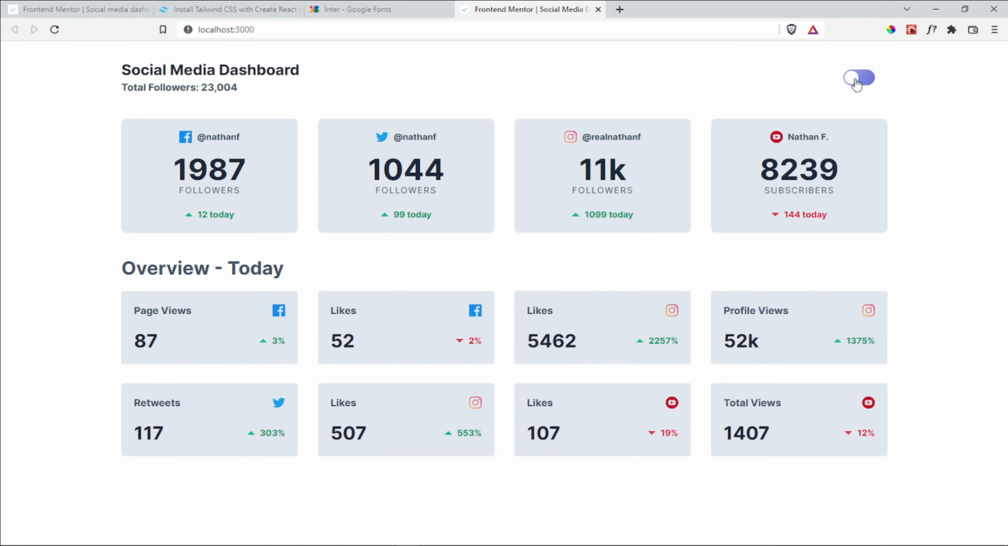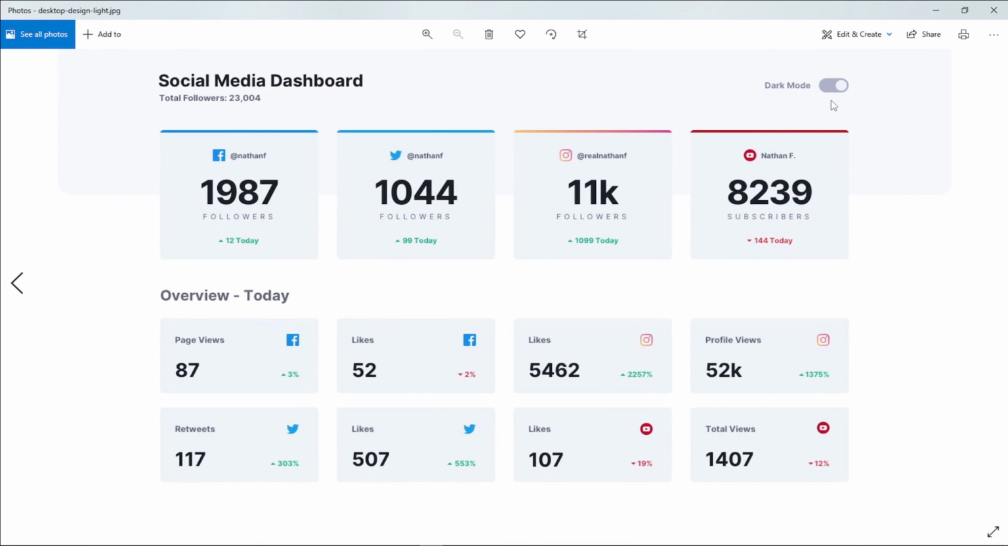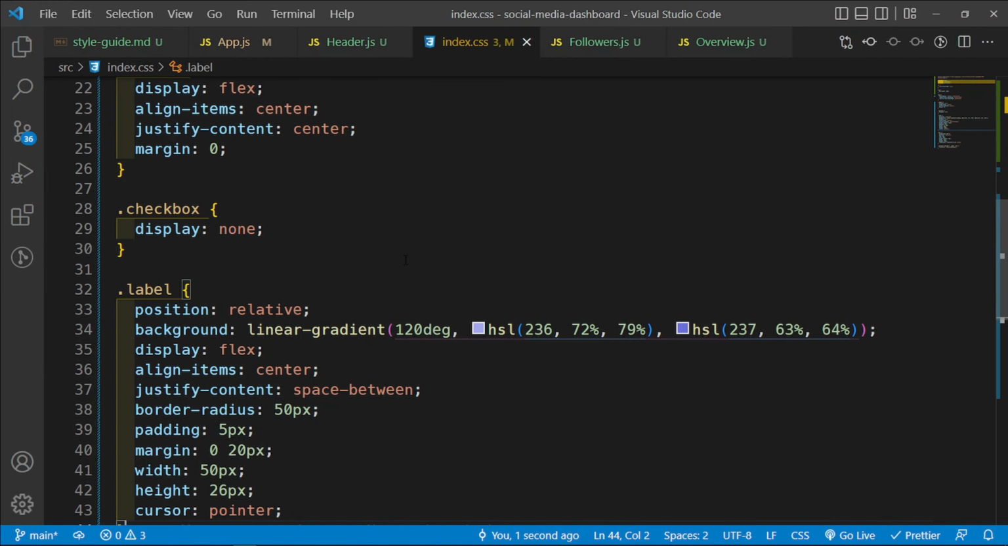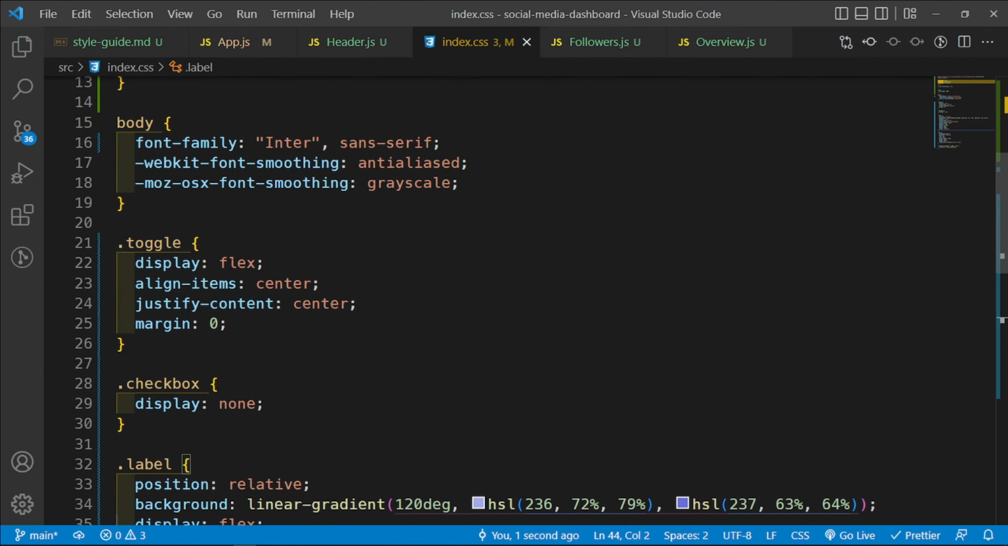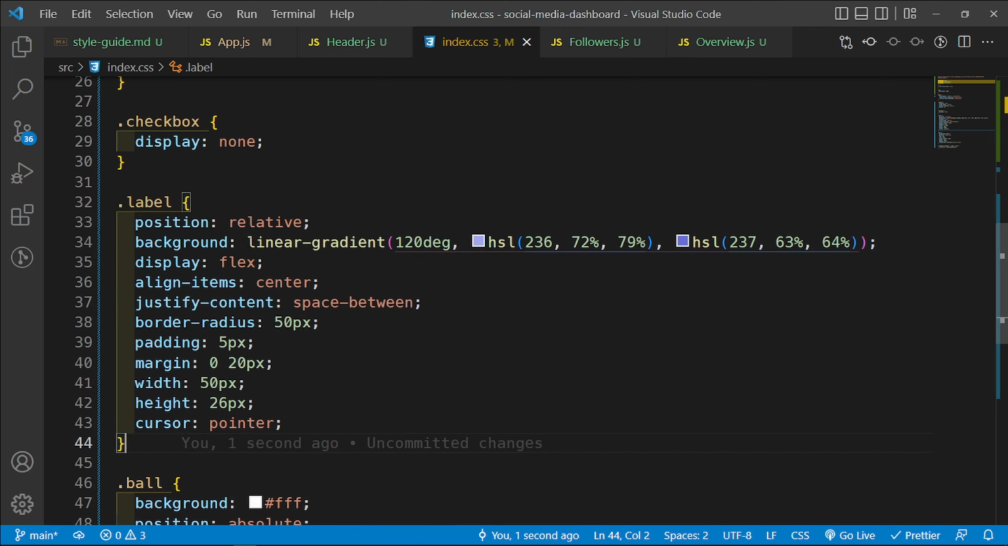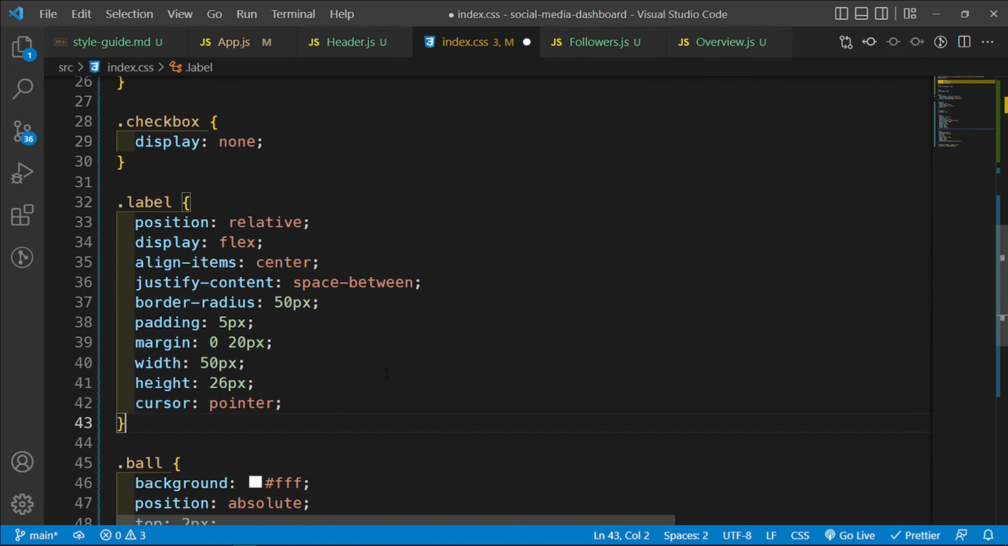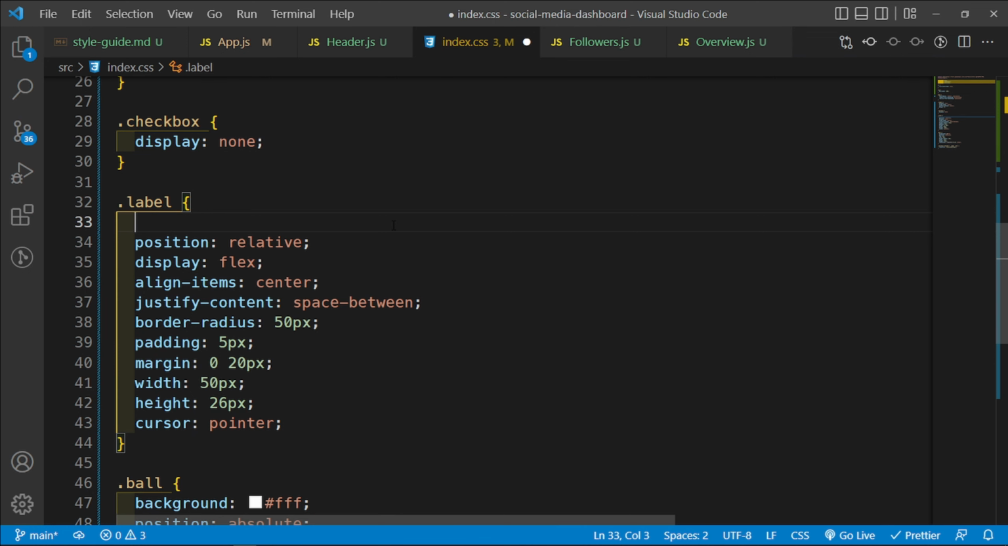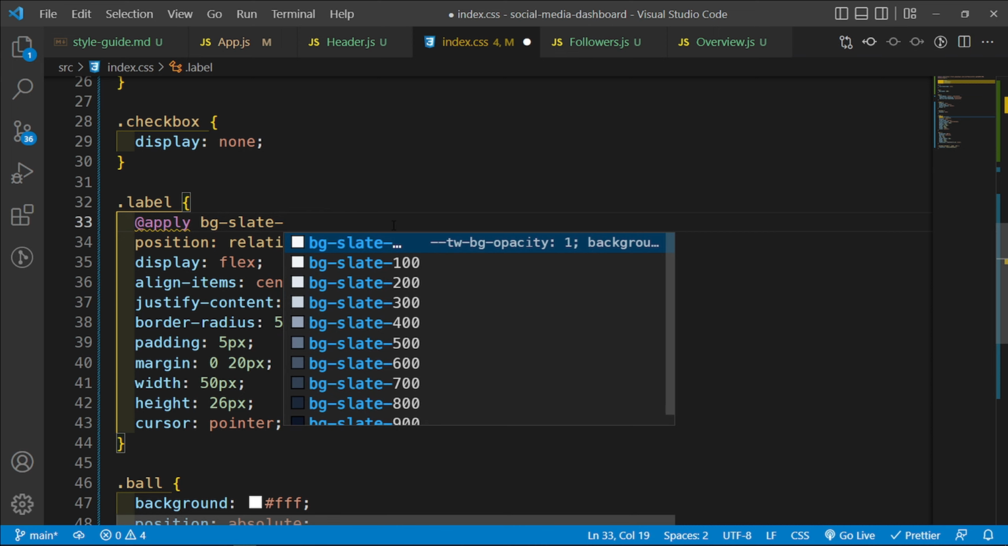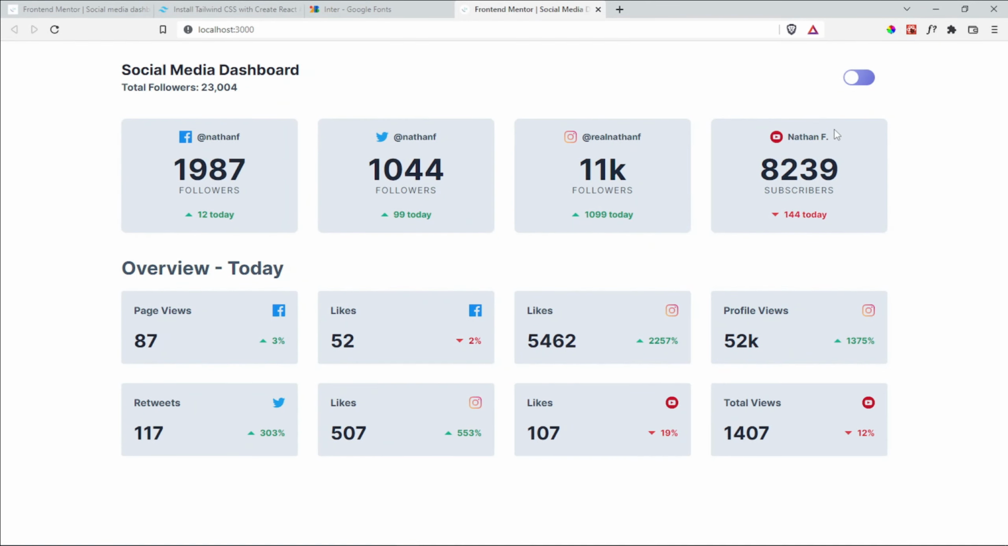So now let's go ahead and style this toggle to look like the design. So let's go ahead and do this. Back inside our index.css, we want to change this background here. So the background, I'm just going to cut this out, and I'm going to be using a Tailwind directive, not a Tailwind class, called @apply. So @apply, and I'm going to be applying a background of slate-300. Let me see. There we go. So this is going to be our background, and then when it is active, then you want to change this to